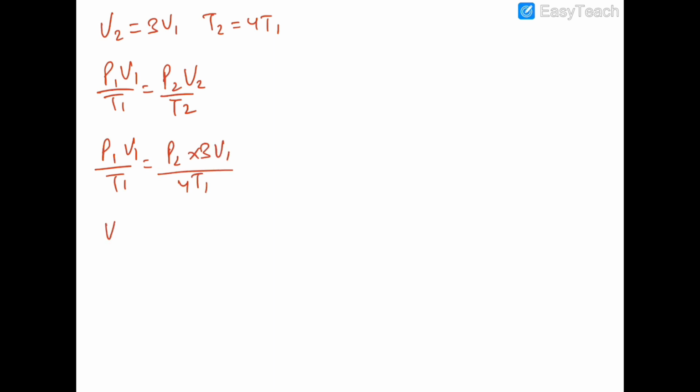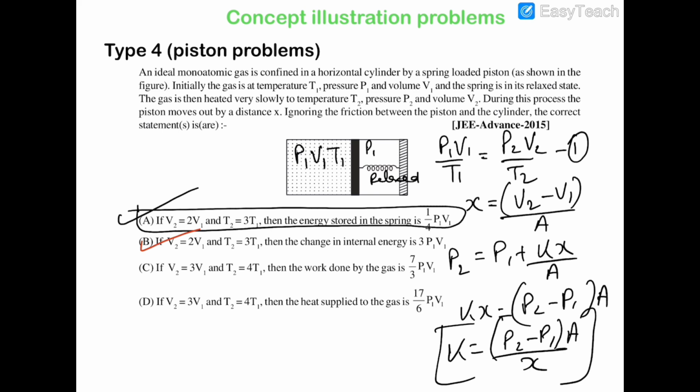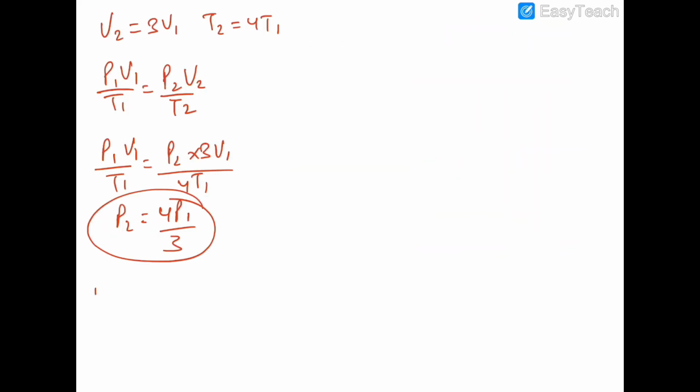So P2 will be equal to 4 P1 by 3, and the value of K is P2 minus P1 by X. So K will be equal to P2 minus P1, which is P1 by 3, by X,